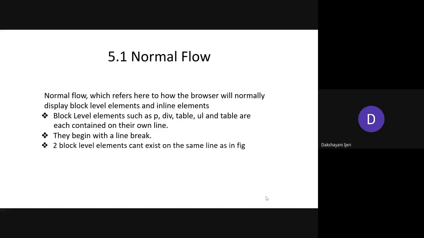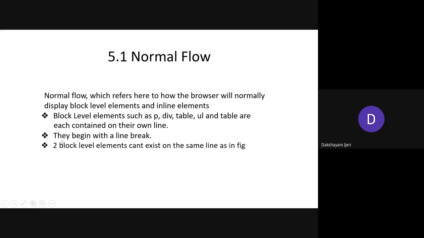Before that, you should understand that whenever you use any element in the web page, where will it be positioned by default? For that, you have two kinds of elements, the block level elements and the inline level elements. Examples of block level elements are the paragraph element, division element, table element, and list elements, right? These are all block level elements which appear vertically by default. If you use them without any CSS properties, they appear one after the other vertically. That means each of these elements is provided with a line break by default, so each begins on a new line every time you include it in your web page.